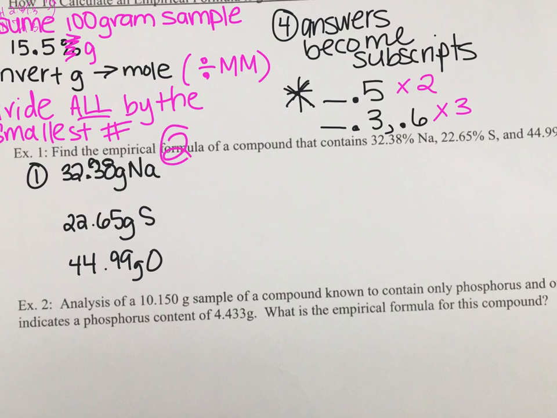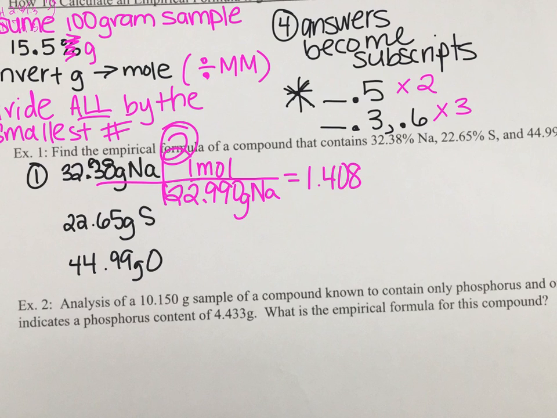Step number 2 says to convert everything to moles. So I'm going to show you it with the railroad tracks, but if you would like to just divide it by its molar mass, that's fine. But this way people can kind of follow along with where the numbers come from. So to convert it to moles, I would divide it by its molar mass. So we end up with 22.990 on the bottom. That's just the molar mass of sodium, coming from the periodic table, 1 mole on top. So if I were to divide those two, I would get